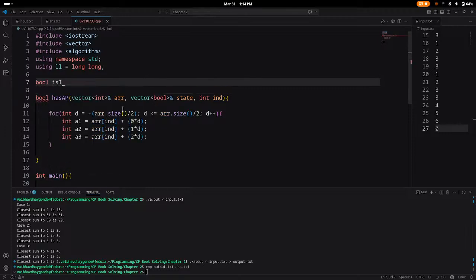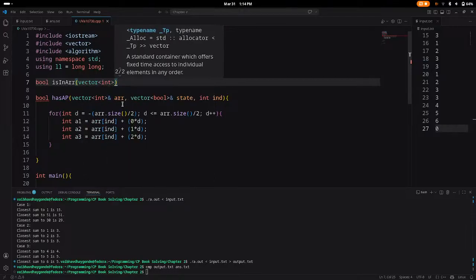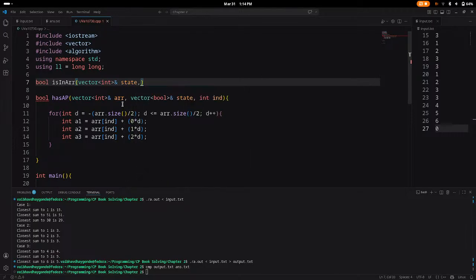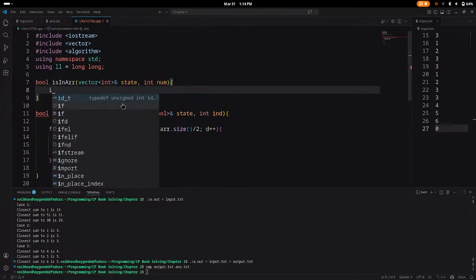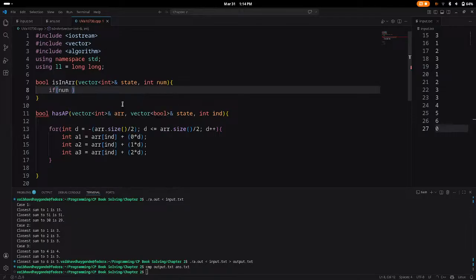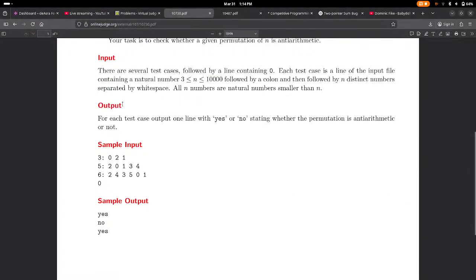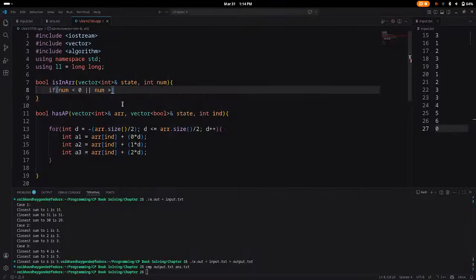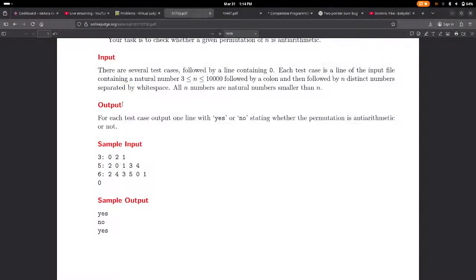Bool isInArray, we will pass state and int num. Okay, if num is smaller than 0, or num is greater than or equal to n,